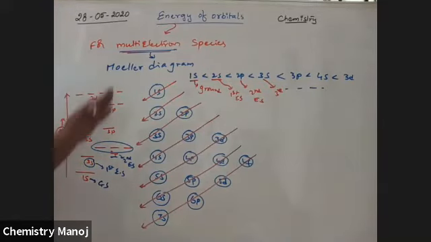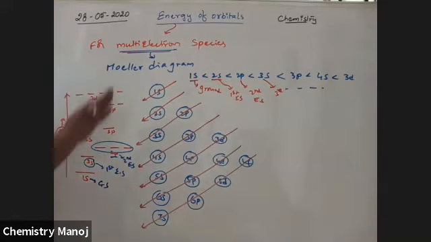For example, if it is He plus, He plus is a single electron system. For a single electron system, the second excited state means the third orbit. Third orbit means 3s, 3p, 3d exist. That is 3s 1, 3p 3, 3d 5. Altogether 9. 9 is the degeneracy for He plus, the second excited state. If it is He, 3 is the degeneracy.